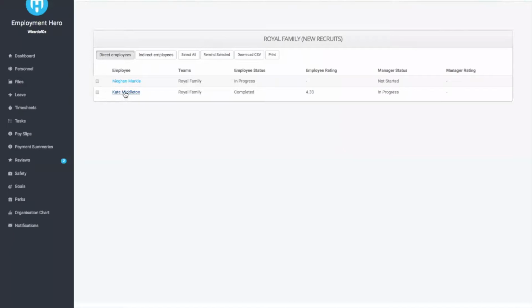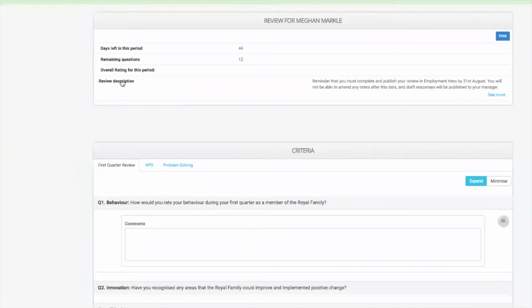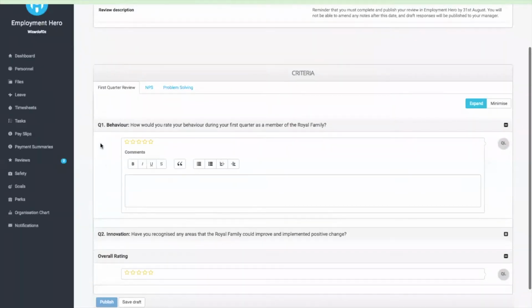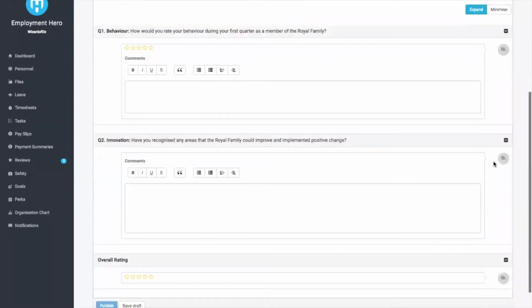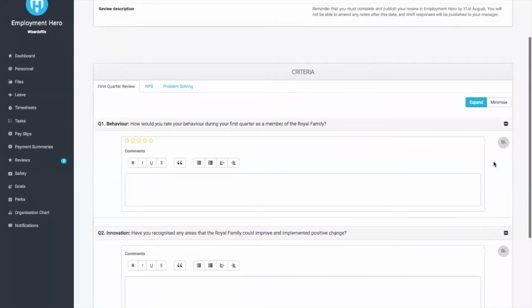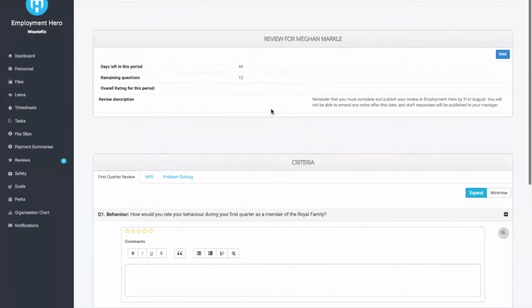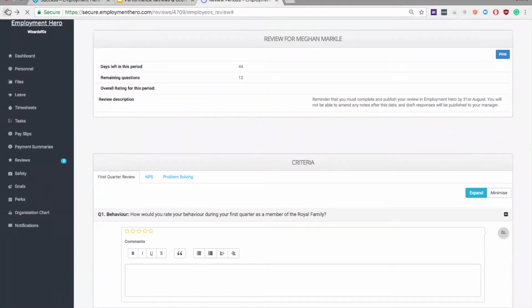I'm actually going to have a look to show you that if I click onto Meghan Markle's review, Megan, we know, hasn't published her responses yet. So what you notice here is that Queen Liz, when she's having a look at this review, can't see any responses yet from Megan. She can only see her free text boxes, or her boxes to write her responses. But there's nothing here from Megan, because Megan has only so far gone in to write her draft responses and she hasn't published them yet. I'm actually just going to go back